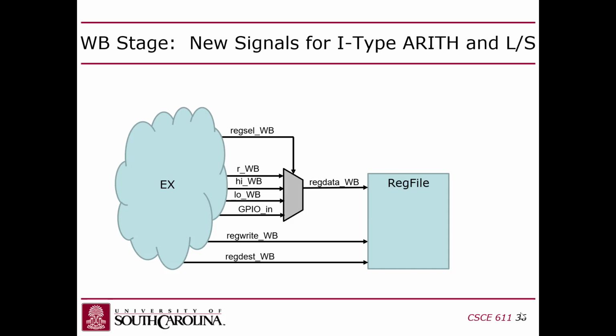Okay, and then this slide just shows that we have this GPIO In as an additional option. I mentioned last time, we want to have a special way to get data into the CPU. So there's a little hack that we have for that. But the point here is that once you have these muxes, it's not too hard to extend them. If you want to add functionality, you want to add instructions, a lot of times it just involves taking these muxes and adding ports, and that gives you additional data paths